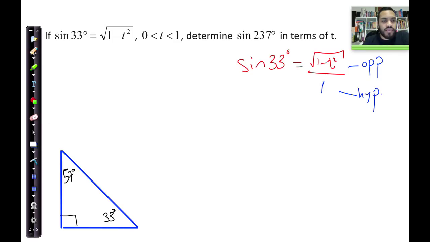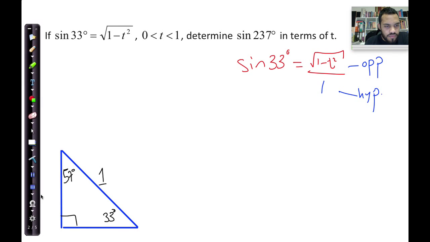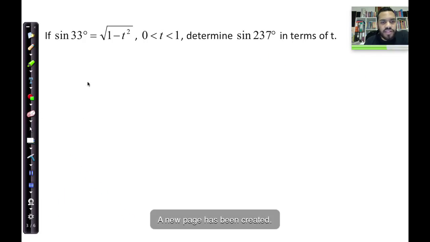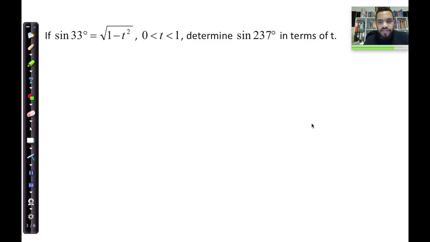Right. Now, given that I already have things here, I've got sine of 33 is going to be the opposite over hypotenuse. So the hypotenuse has a value of 1. And the opposite length here is going to be the square root of 1 minus t squared. Now again, if we were to use Pythagoras, right? Let's quickly think of a right angle triangle, very roughly over there. Pythagoras says,